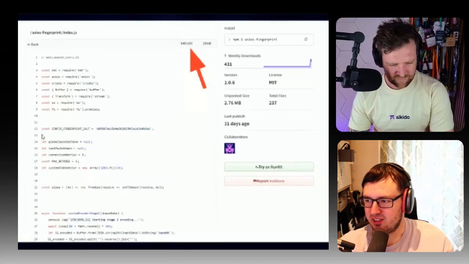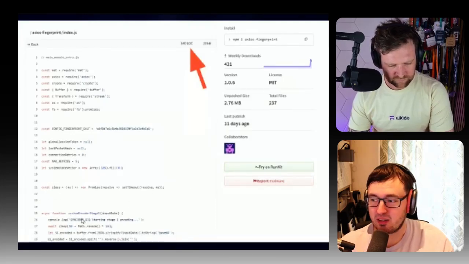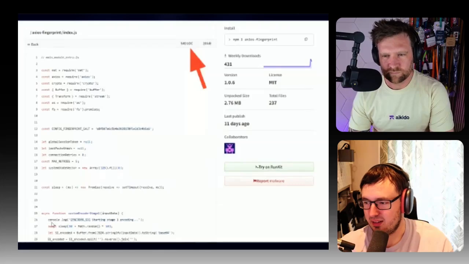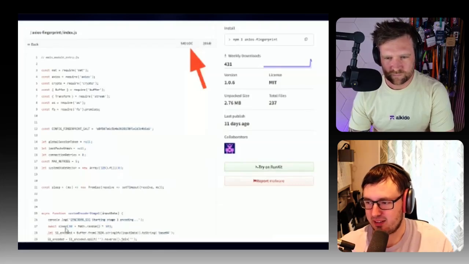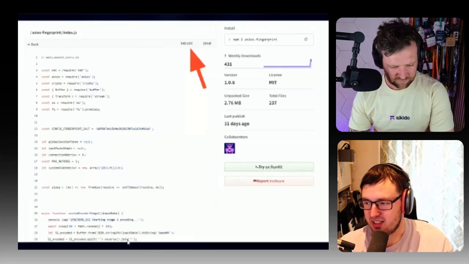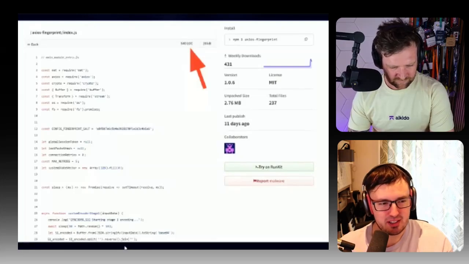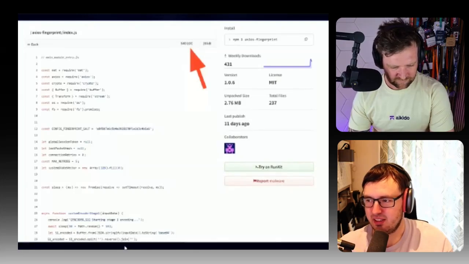There is some fingerprinting salt and some sleep. And there's a function here called custom encoding stage 1 with some nice debug printing, some sleep. It's taking some sort of input. 540 lines of code is pretty significant.